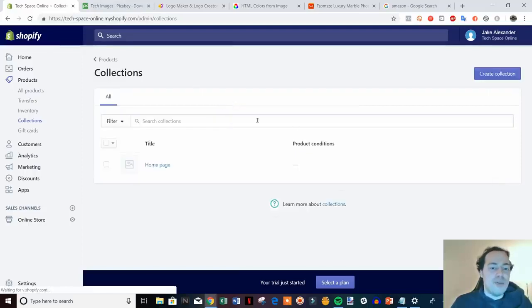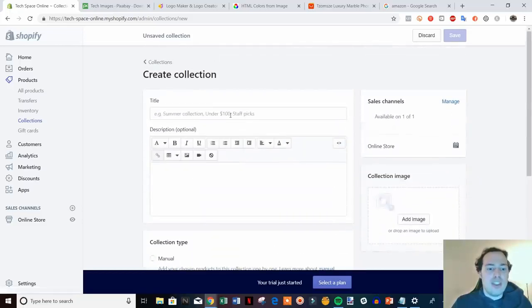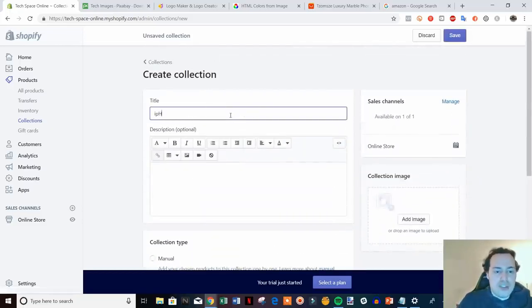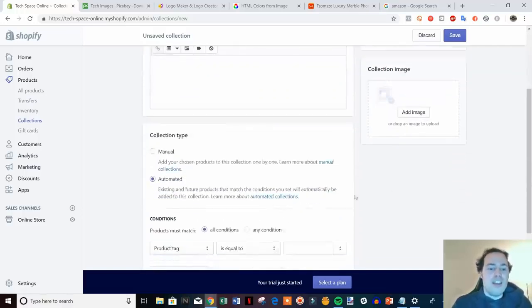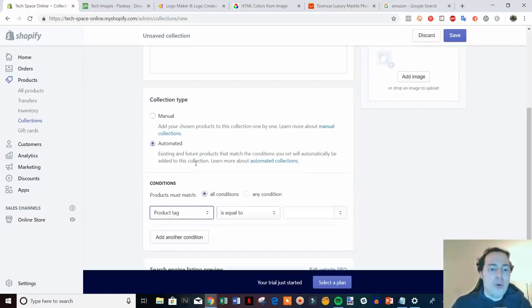So at this point, I've added two products to the home page collection. But what I'm going to go ahead and do is create a brand new one to show you how to do that as well. So we can come up here and hit create collection, and then we can go ahead and name it whatever we want. So in this case, iPhone cases. We can describe it if we want down here, but you don't have to. And then collection type, what we can do is we can either manually add products like we did before, or you can make it